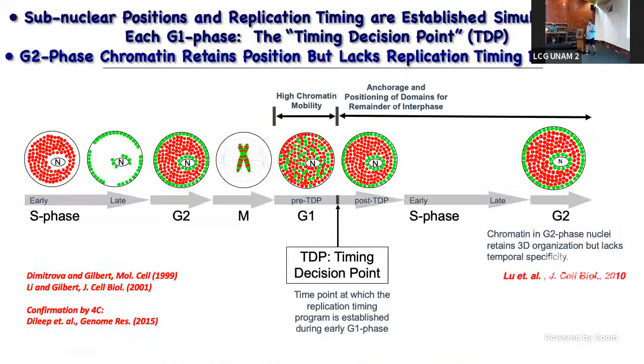Okay, how is this program regulated? So going back to the beginning days of my lab, we didn't have CRISPR, right? We didn't even have sequenced genomes back in the 90s. So we couldn't really look very easily at replication molecularly. But we could look at it cytogenetically, for the reasons I told you in the first slide. So what we did in this experiment is to label cells, just like I showed you in the first slide, with one nucleotide analog early in S, chase, label with the second one late in S, and then chase them further into mitosis, where you can see the bands on chromosomes that J. Herbert Taylor was looking at.